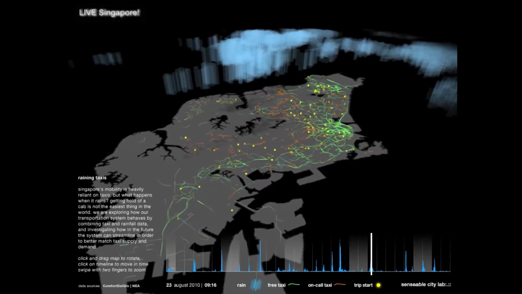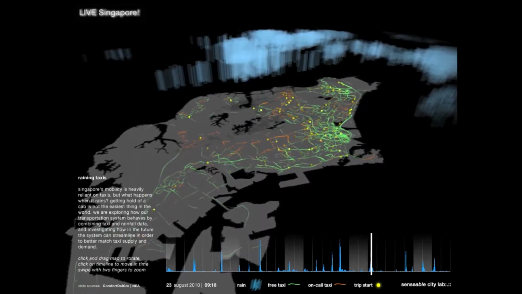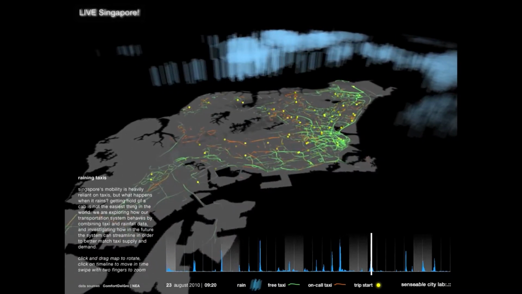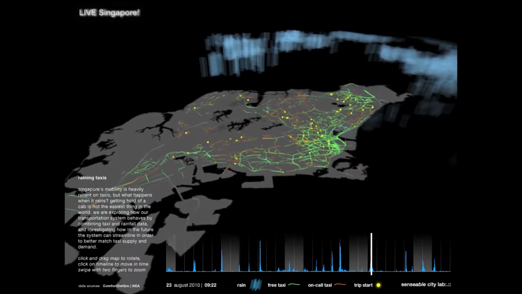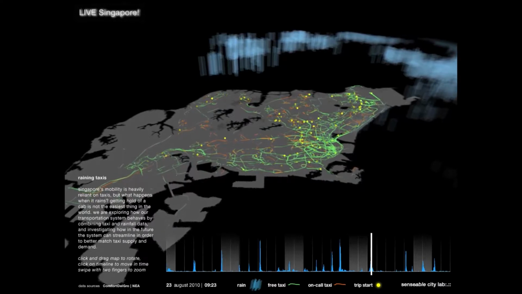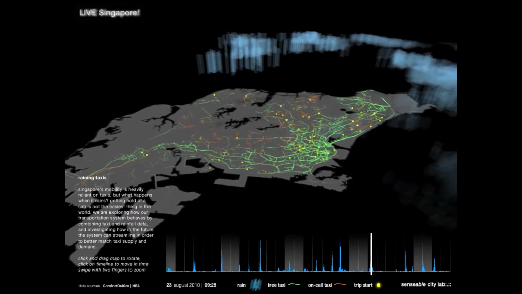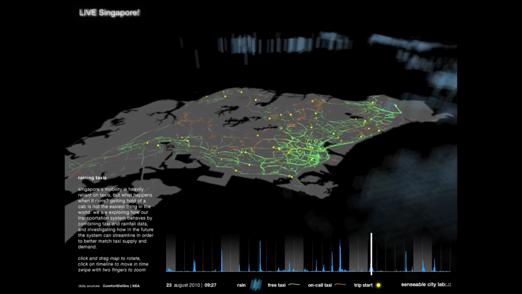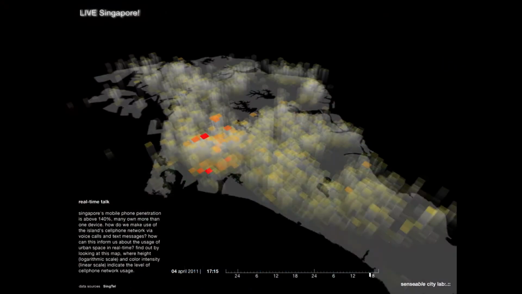So when it rains, it pours, and when that happens, the drivers of the cabs will often just pull over and stop somewhere and not pick anybody up, because they're completely liable for any damage that occurs to the car. They get pulled off the road, they have to pay for all of the repairs, so they just don't want to deal with it and they just park somewhere. Obviously, there's a big issue because everybody who's stuck out in the rain wants to get a cab, but they can't get any. So this was kind of the big component of what we were looking at here.